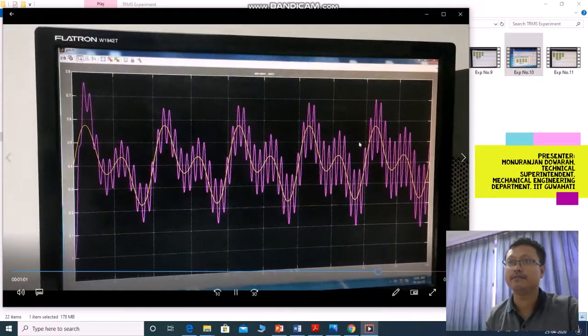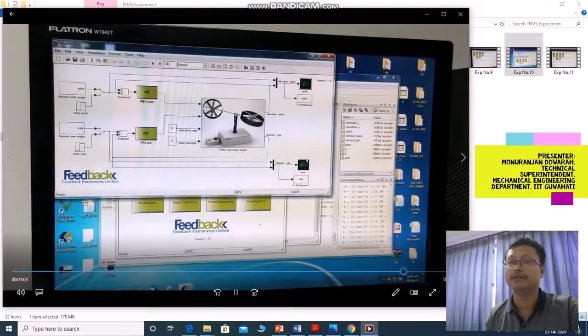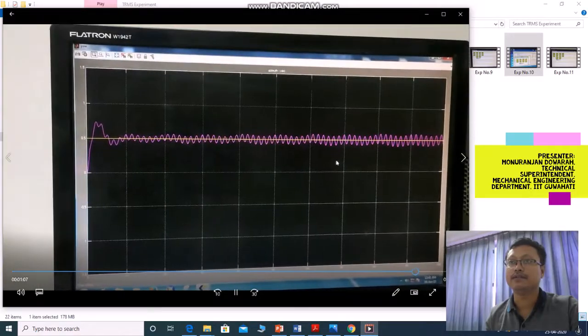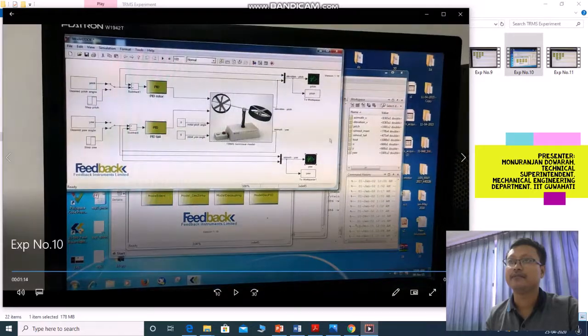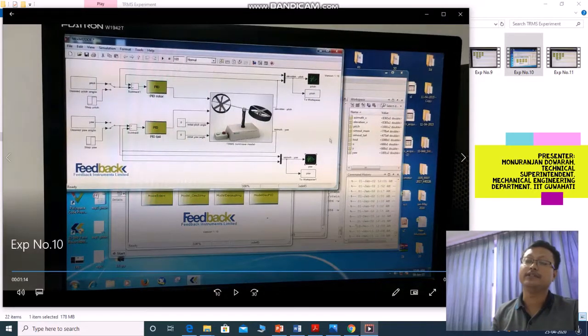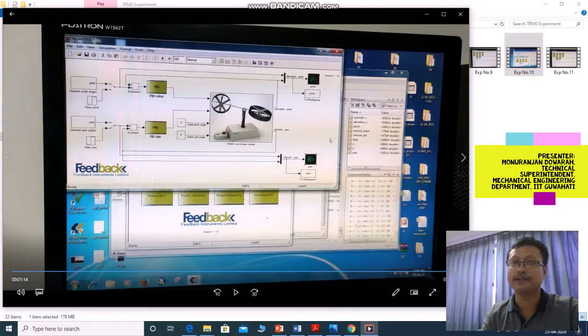So many peaks are there. The required trajectory is smooth, but our trajectory is not so smooth. So for that we need to change the PID value and try to follow our required trajectory.